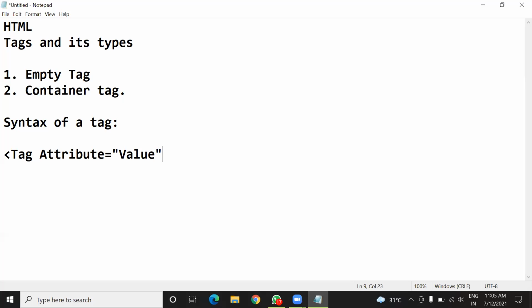Okay, so like this you can put different attributes as per the requirement.